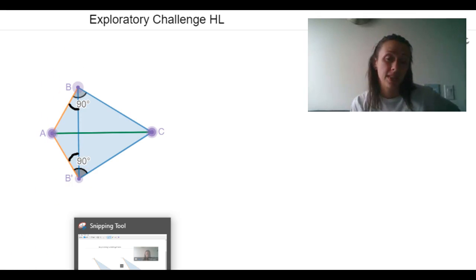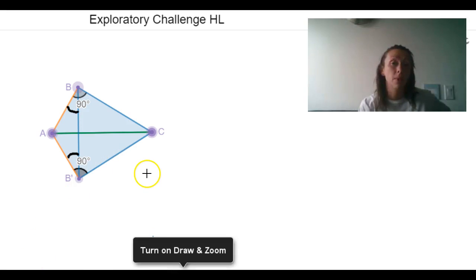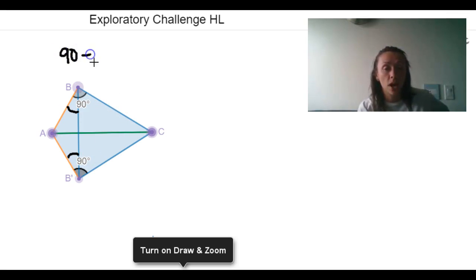Now, if you remember for side, side, side, we said that this right part was an isosceles triangle as well. But we don't know the lengths of BC and B prime C. We don't know if they're congruent, so we cannot state that they are isosceles at this point. But what we do know is that the full angles ABC and AB prime C both add up to 90. So that means that if I take 90 and subtract the congruent angle that's marked right here, whatever that value could be, we'll just put an X,